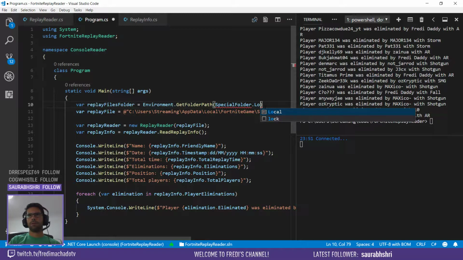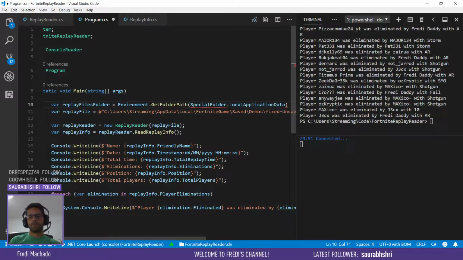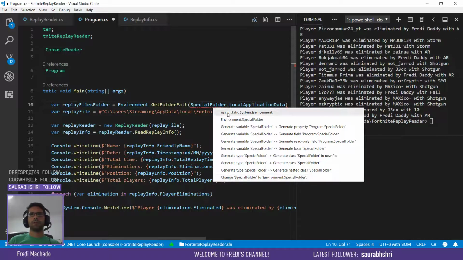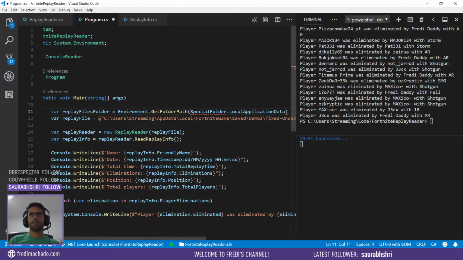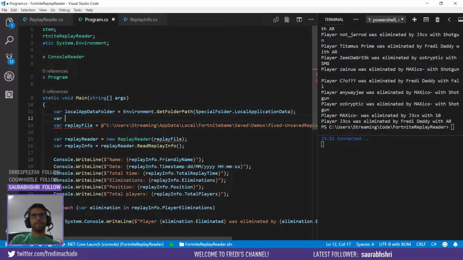Should be local app data, I guess. Yeah. Local application data. Local app data folder, and then